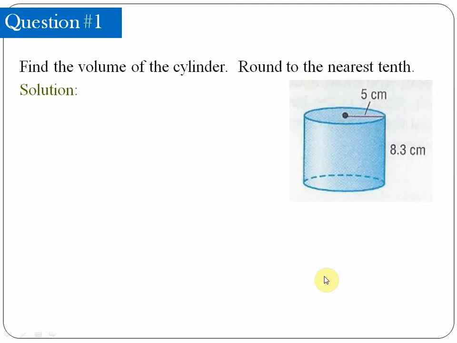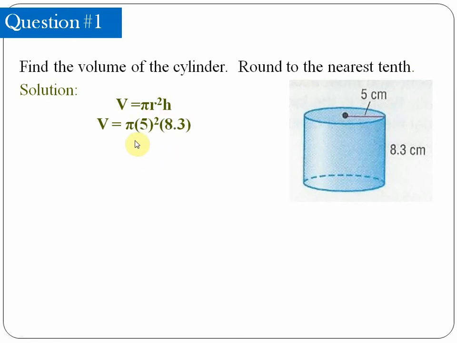Now we're moving on. The class 5 questions. Question number 1: find the volume of the cylinder which has a 5 centimeter radius and 8.3 centimeter height. So now just apply the formula. V is equal to pi r square h. This is the simple formula to find the volume of a cylinder. For any kind of cylinder, smaller or bigger, you just need to put the radius value and the height value in this formula.